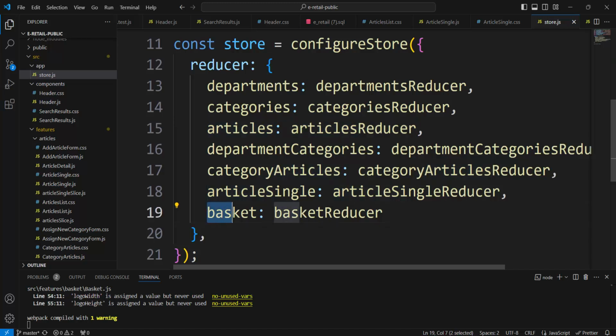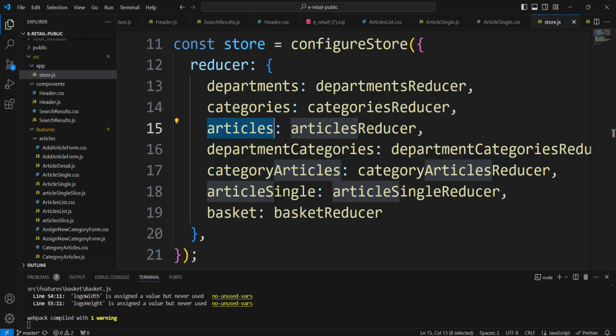But here, in the basket reducer, there is this, concretely these articles. It is the name; it is the first part of the articles slice. And here is the articles reducer, and here is articles. But the output of this reducer name is articles. It is the state coming in, the articles list, but it is very important to say that